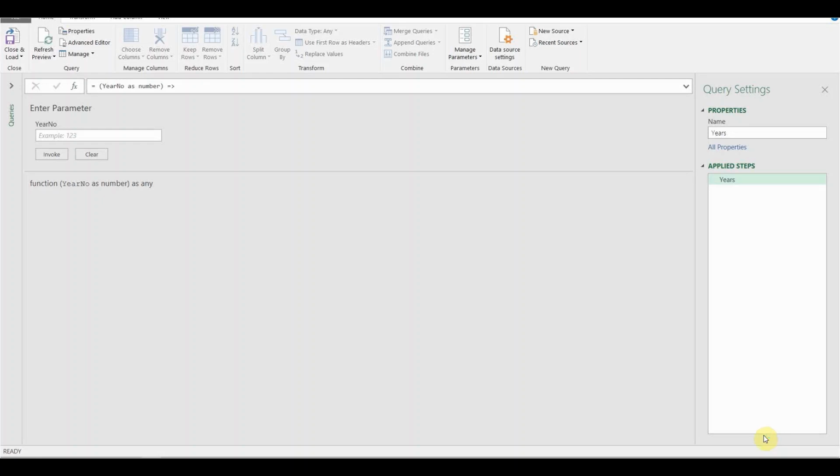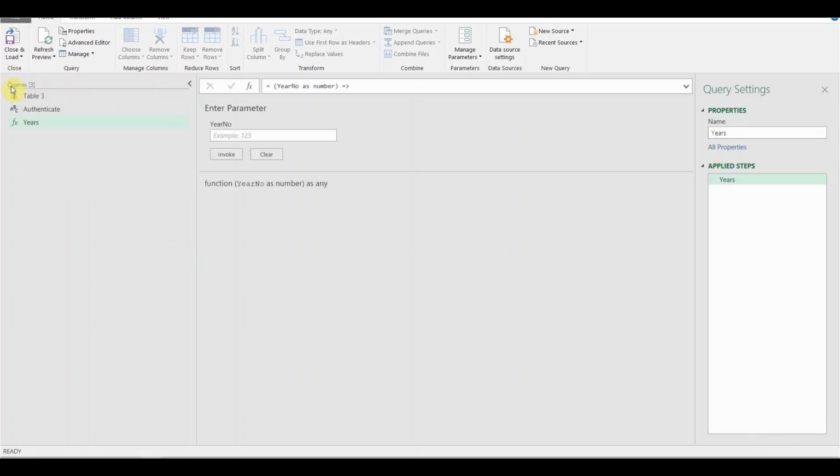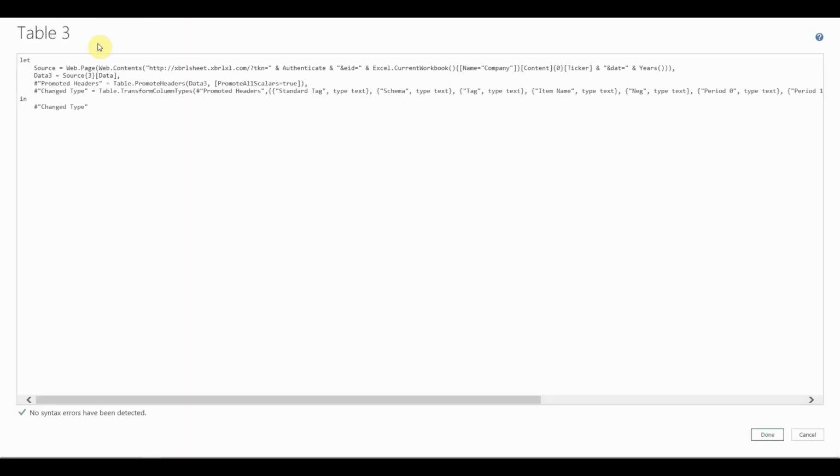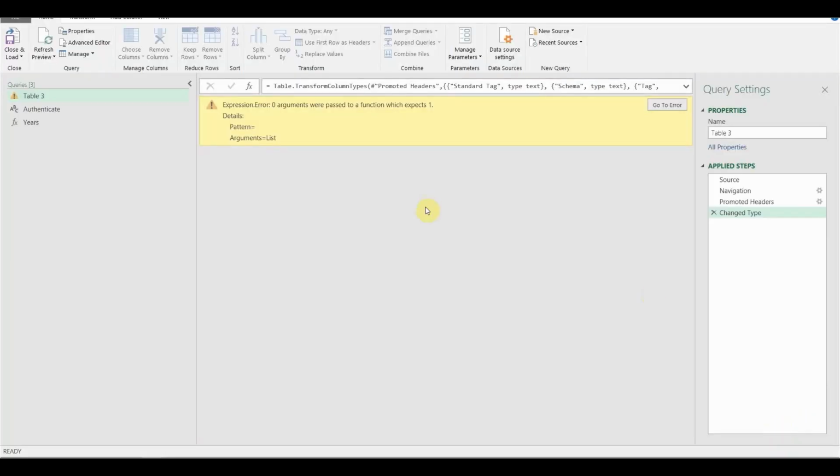But we don't want to do that because we want to use it directly in our main query. So all we need to do is pass to our main query, and then we can start to take control of which years get downloaded in our web request. So let's go to the advanced editor again, and we can specify that we want a different year. So if we put 1, we'll get the latest year. If we put 2, we'll get the year before that. So we'll pop that in there, and with a bit of luck,